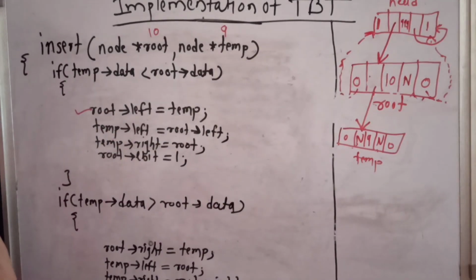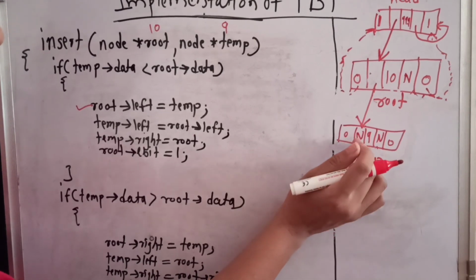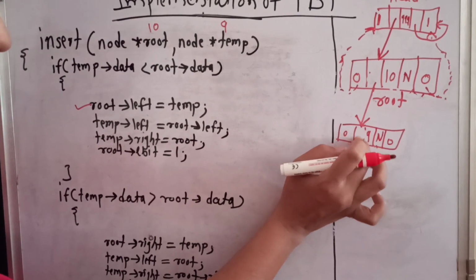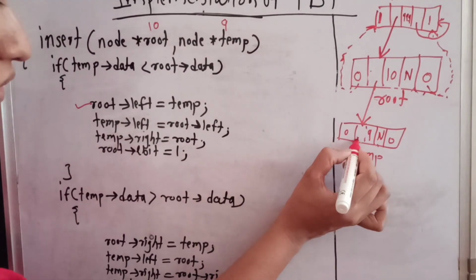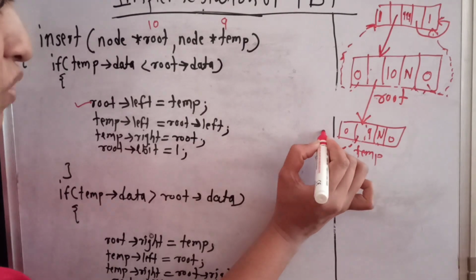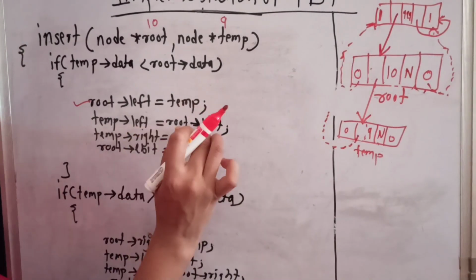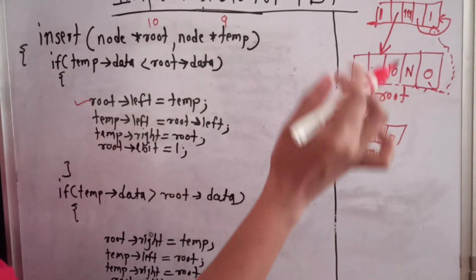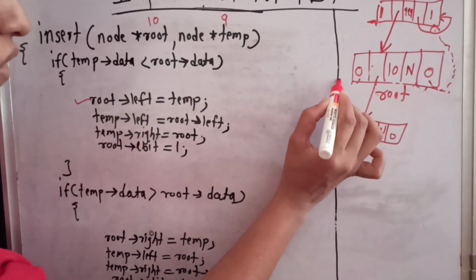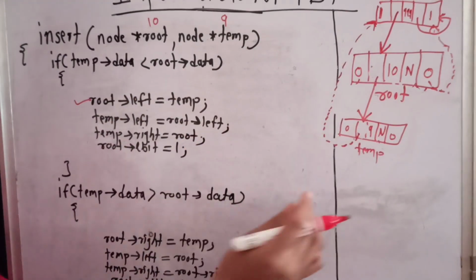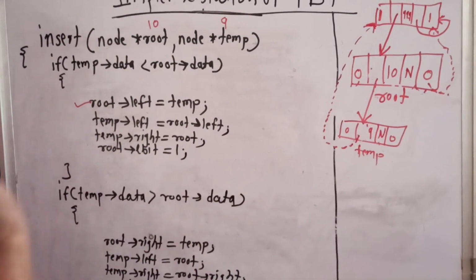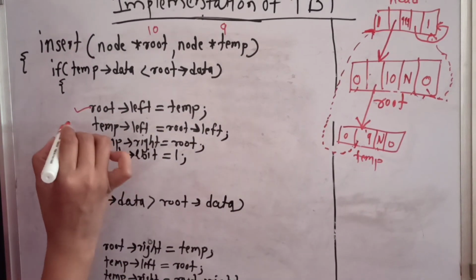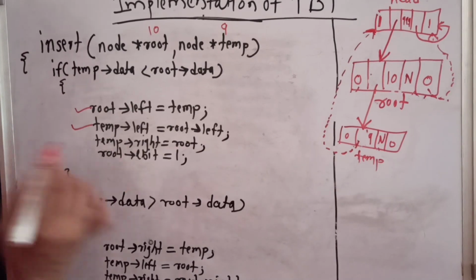Temp left is equal to root left. Now if you see, temp left is null and here the L bit is equal to 0, that means no left child is present. So we have to set the thread here. But where to set this left thread? Root left, what was it? The previous thread was up to the head. So this new link will go directly to the head node, because for this 9 no predecessor element is present. So this left link will directly go to the head node. This is the meaning of this second statement.